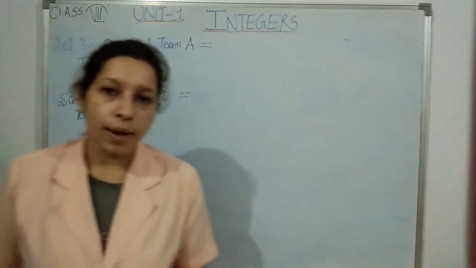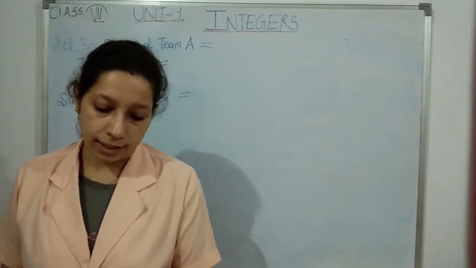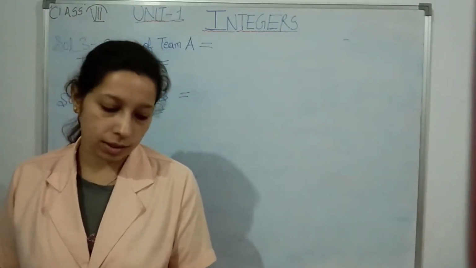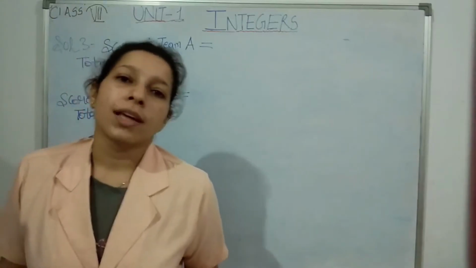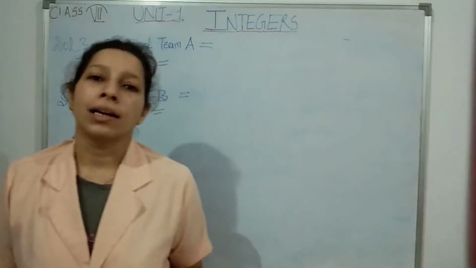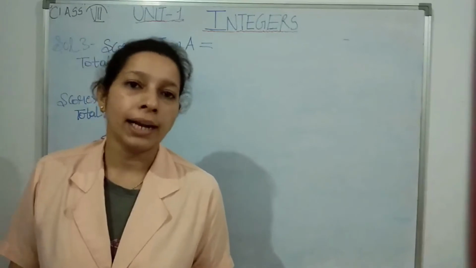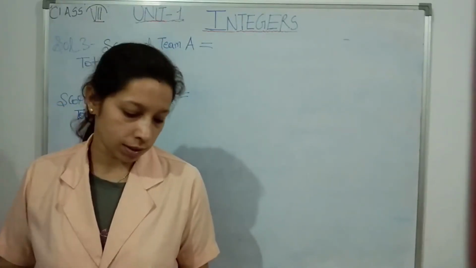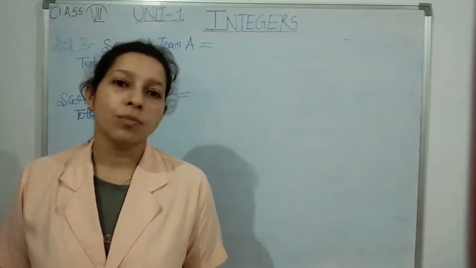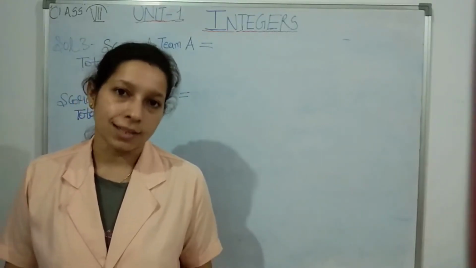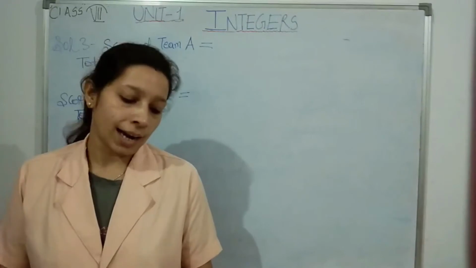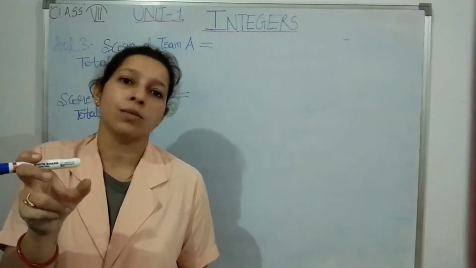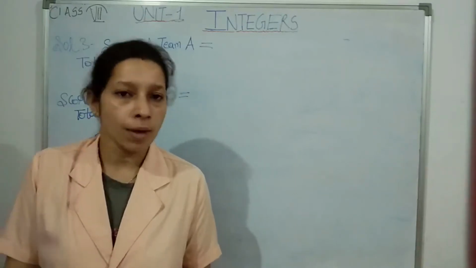In a quiz, team A scored minus 40, 10, 0 and team B scored 10, 0, minus 40 in 3 successive rounds. So students, there was a quiz competition and 2 teams are there, team A and team B. The marks scored by them in 3 continuous rounds are given to us. Okay, next part, which team scored more? So you have to tell this, and for identifying which team scored more, what we have to do? First we have to get the total marks scored by team A and team B.